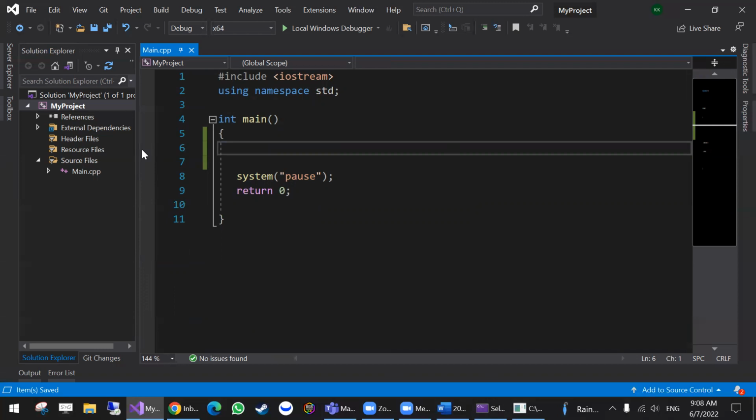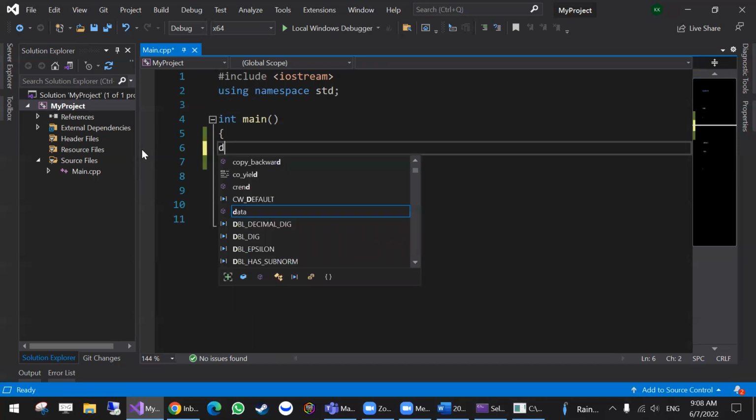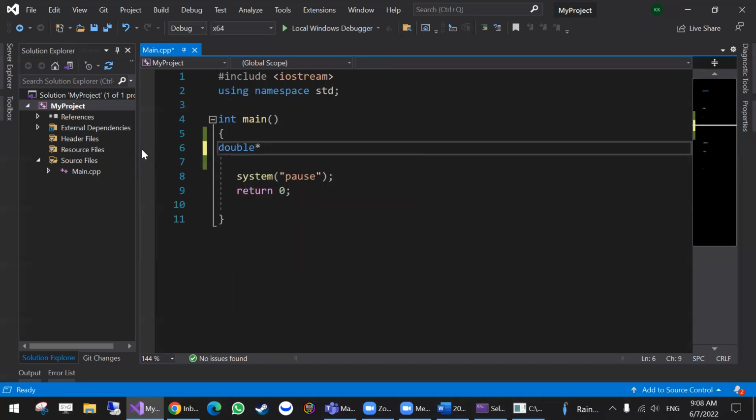So I'm gonna need a pointer to sales, and that's a single value. I need a pointer to total, and that's a single value as well. I need a pointer to an average, and that's a single value as well. And then I need the how many days, and maybe how many sales on total if we have more than one sale per day. So I'm gonna go ahead. I needed a double to be. First one is the sales,